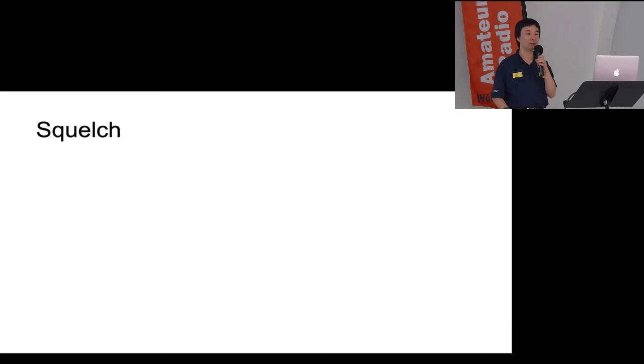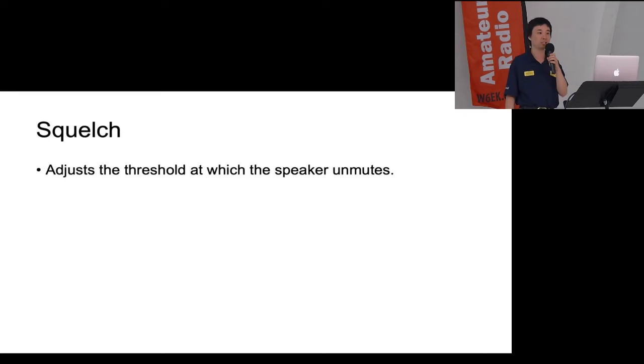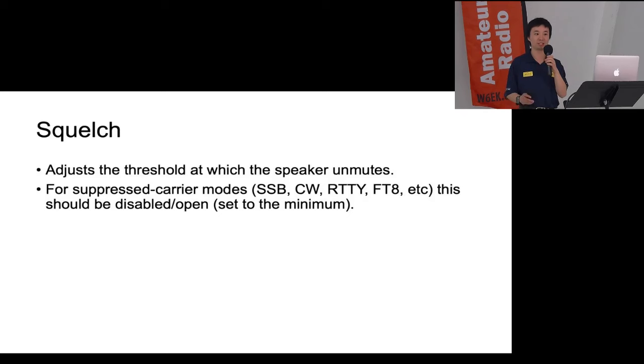Now, next up, I'm going to talk about squelch. Most of you who've operated 2 meters probably know what the squelch knob does. It adjusts the threshold at which the speaker unmutes. And for suppressed carrier modes, like sideband, CW, RTTY, FT8, any of these data modes, it should be disabled. You don't want it to chop out the silence between transmissions, because on these modes, the sound of silence is